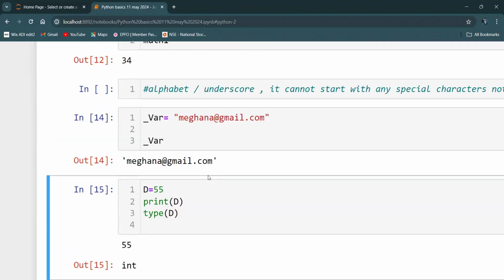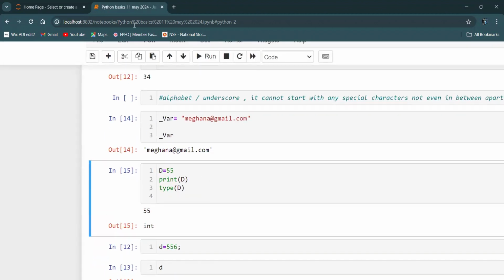And one more important thing, the next concept is Python automatically recognizes what kind of data type I'm storing. Am I storing an integer? Am I storing a float? Am I storing complex, or am I storing some alphabets? It automatically recognizes it. So now let us discuss what are the different data types we have. Please make a note of it.